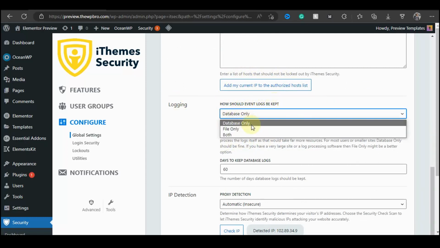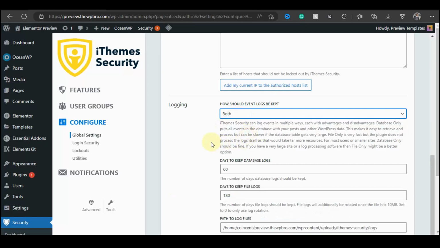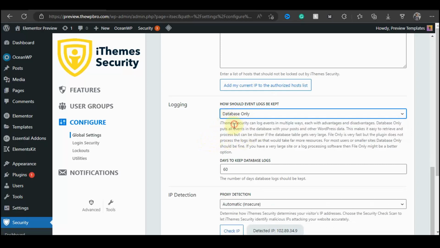Okay, now to log in, how should event logs be kept? We're just going to choose database only. You can choose file only, and you can choose both depending on what you want to use. But we're going to be using database only,